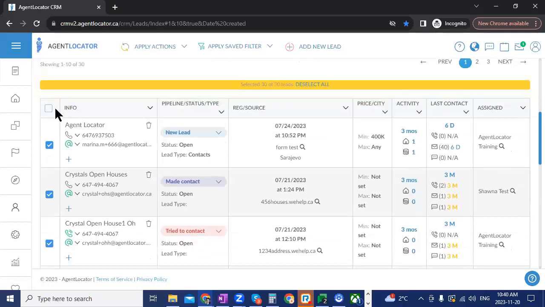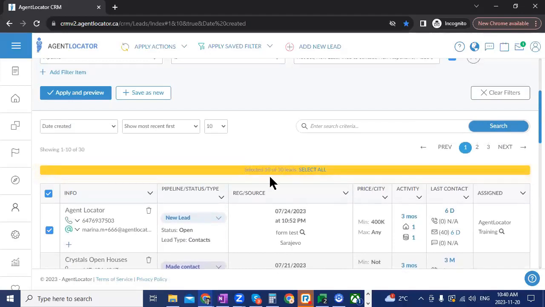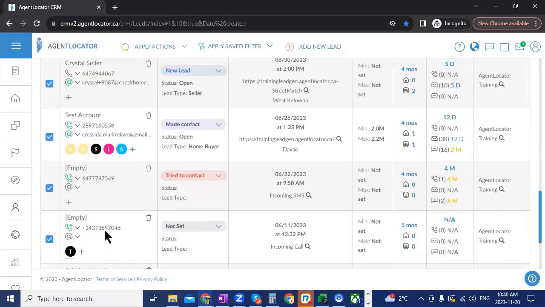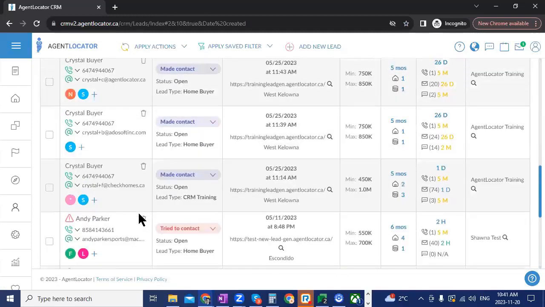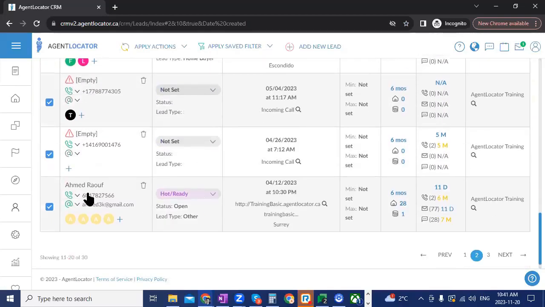Maybe I select this whole, let's just select all those. Okay, I do this 10 per page. So you can see when I go to each page, it only selects 10 of them. Maybe I want to go through and make sure I actually do want to send it to these individuals. Maybe I want to unselect ones that I don't want to send it to, but I can do that for each page, right? So I can go back to the top, go like this and say, maybe this is for